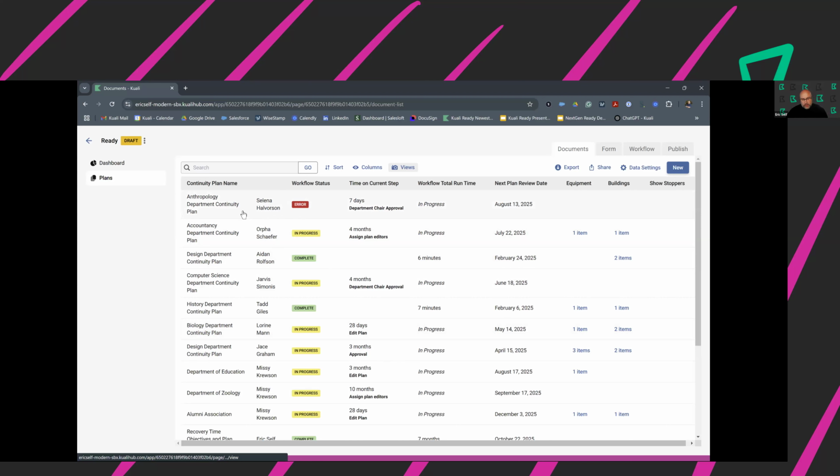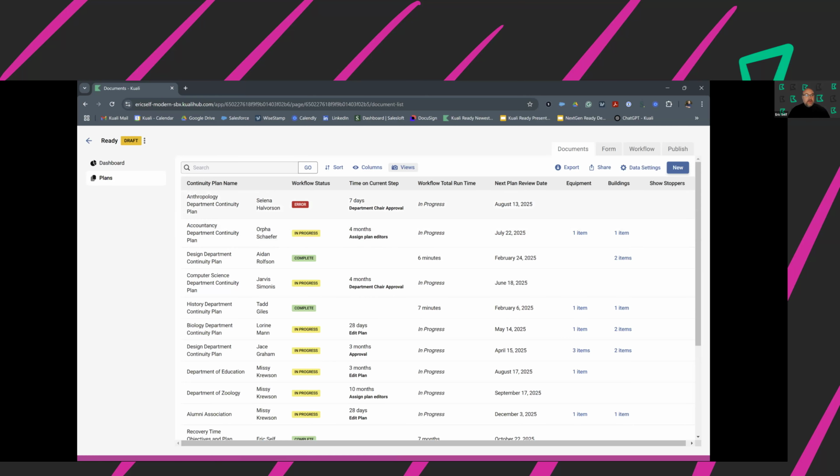One of the biggest things with continuity planning is managing the continuity plans themselves. As you start to get more and more plans in the system, how do you stay on top of that, knowing that business continuity may not be your only role? It might be one of the 10 other things that you do for that college or university. So having visibility into where this plan is, who's completed it, why is it sitting on this person's desk, like this one, the accountancy department, why is it here for 4 months? What's going on, right? All those things can be frustrations, and it can slow the process.